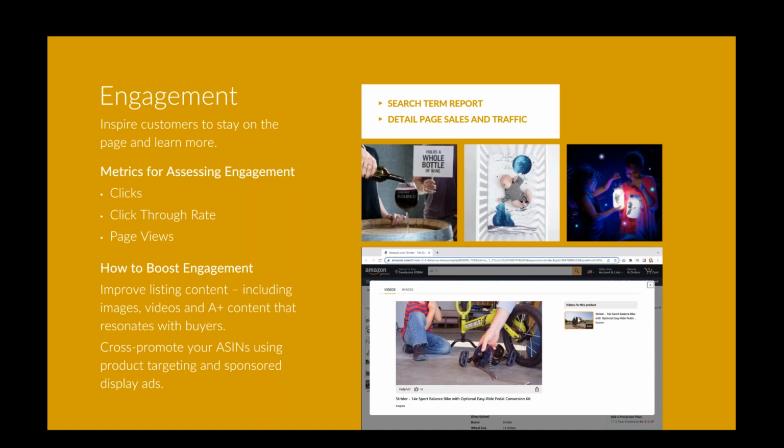There's the brand store metrics page that you can look at. You can look through your campaign metrics, if you're running PPC ads, or you can look on the business report and see just clicks and page views there as well. So multiple places you can be looking for this information, and pretty much three different ways you can find them.